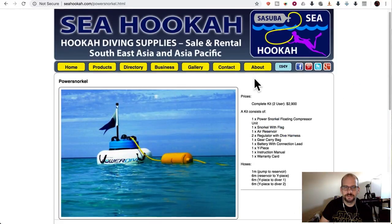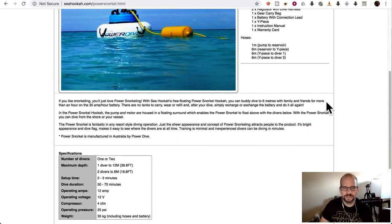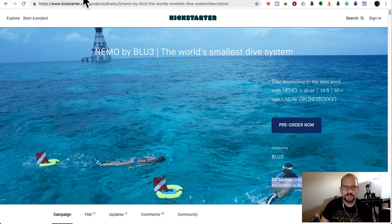And there's a lot of other ones. This one's called a power snorkel for 2 users, basically one system with 2 outlets. $2,900. All kinds of options here. Yeah, you can see sort of how it works. So this one is battery powered. But yeah, pretty expensive. So if we go back and look at the Nemo,